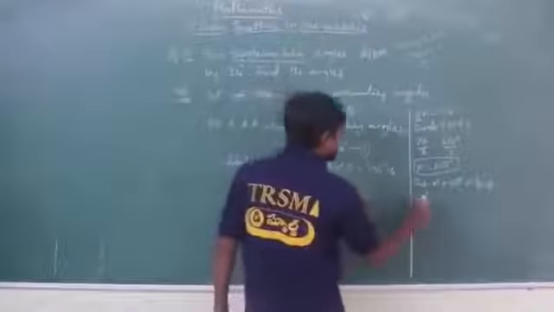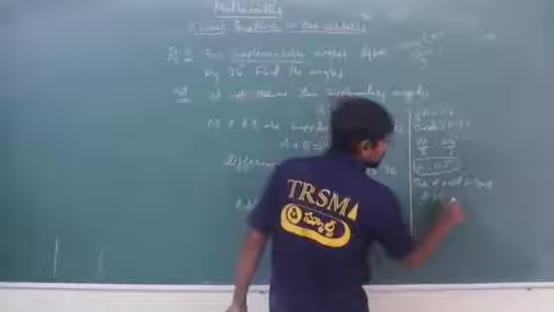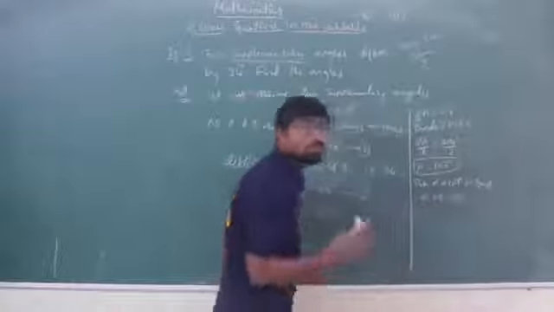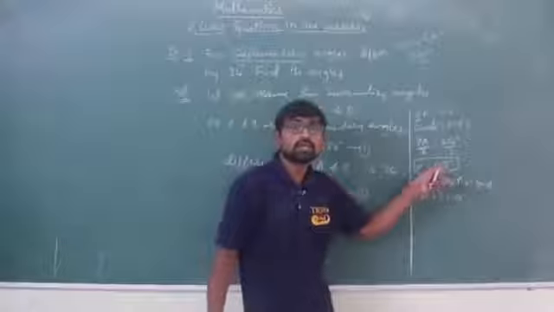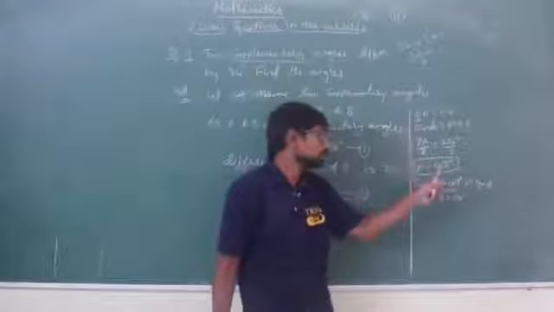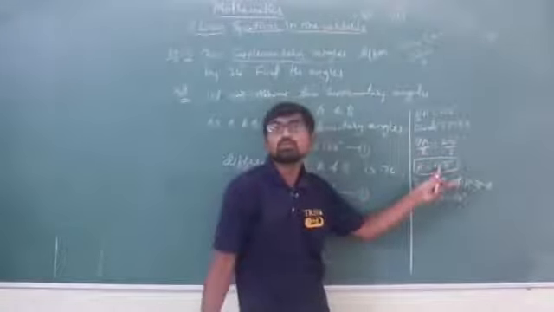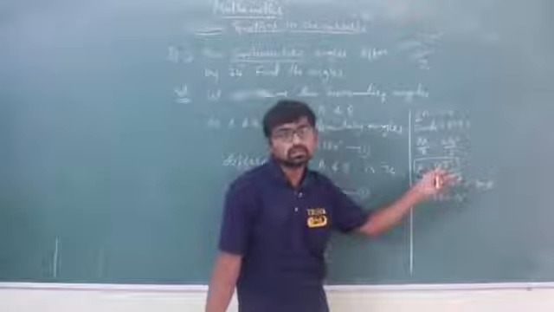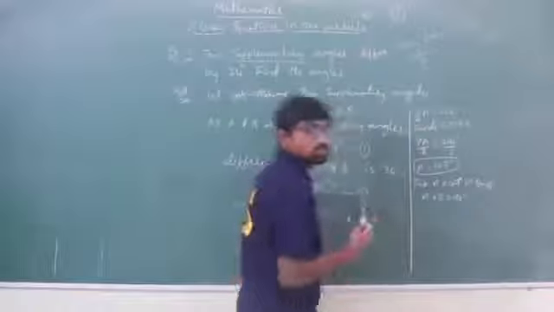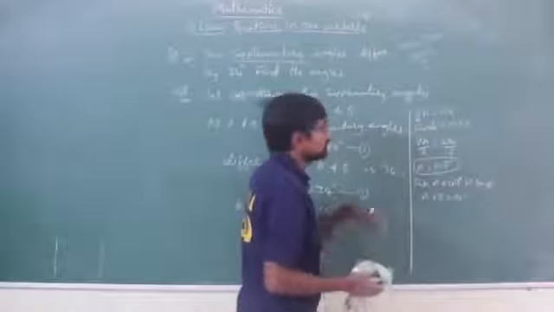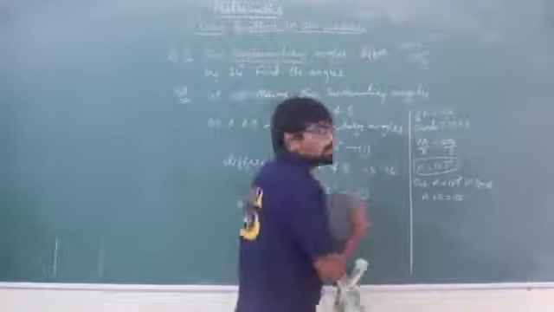So what is equation 1? A plus B is equal to 180. One more method: if you add A and B, you will get 180. So from 180, if you remove 107, you will get 73 as an answer, isn't it? Like that also you can, but directly you don't solve that, you solve by using these steps.